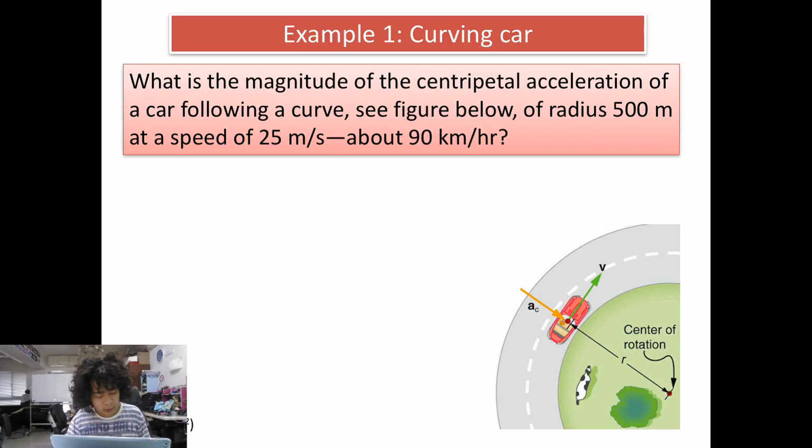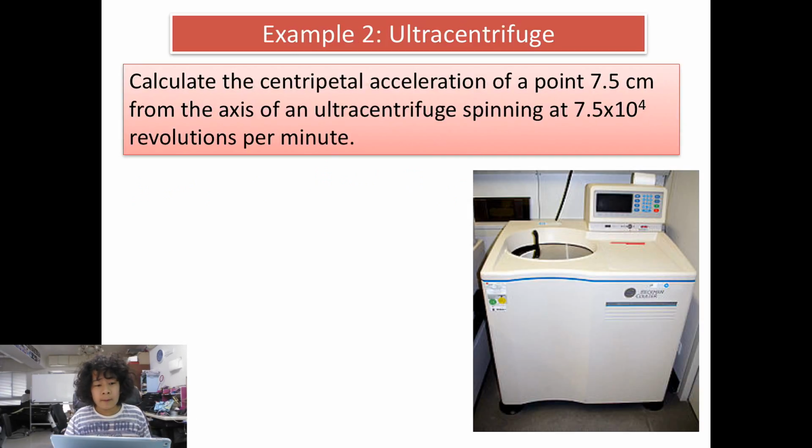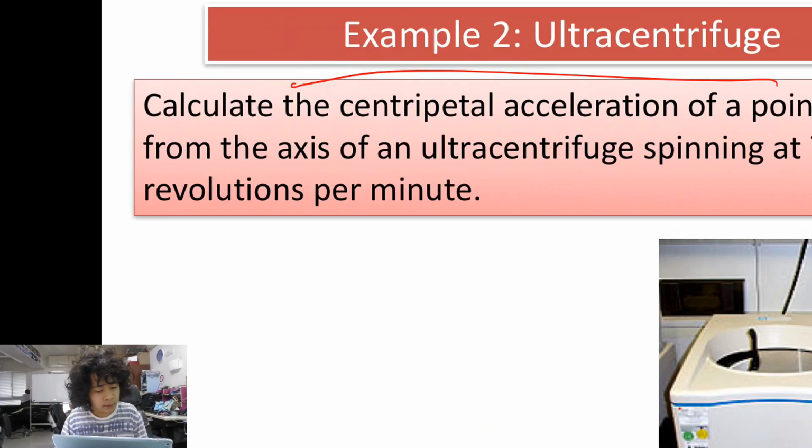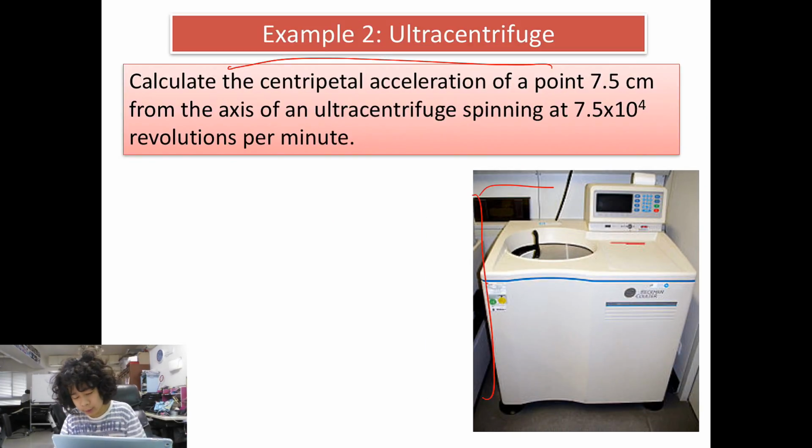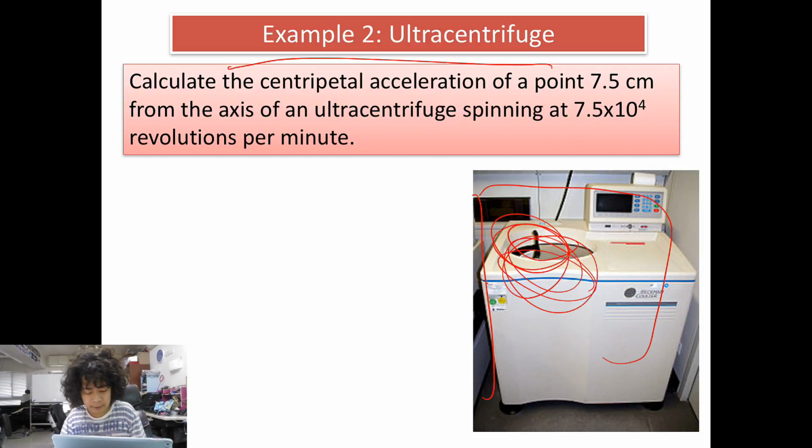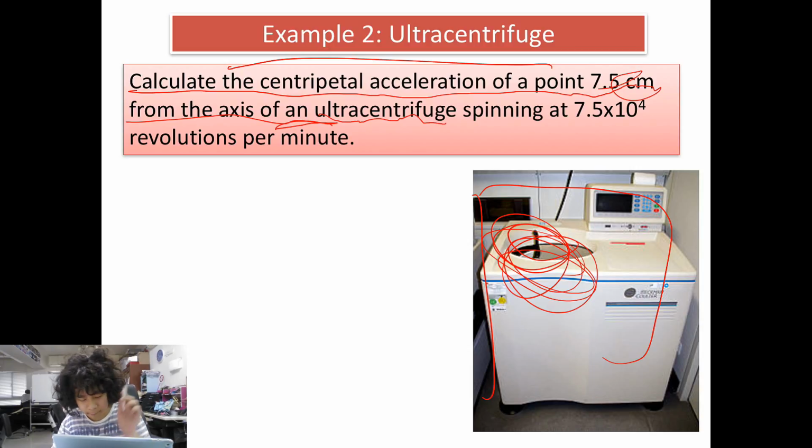Okay, so see, correct answer. And another example. Calculate. This is just a machine that will spin very fast. So calculate the centripetal acceleration of a point 7.5 centimeters from the axis of an ultracentrifuge, spinning at 7.5 times 10 to the 4th power RPM,